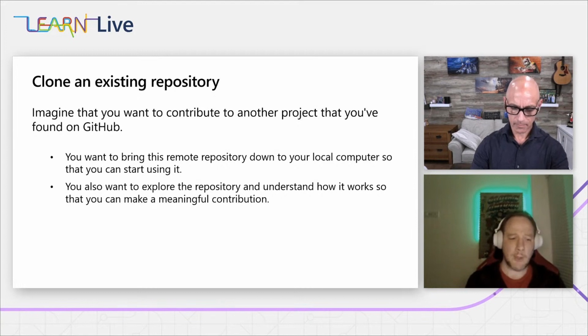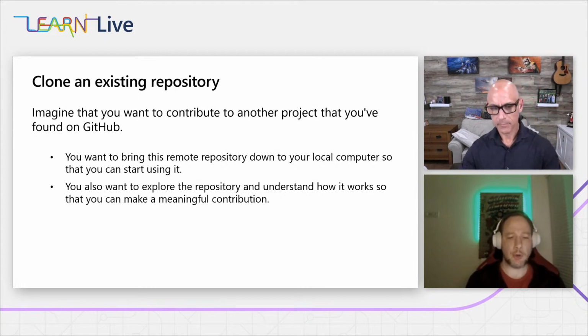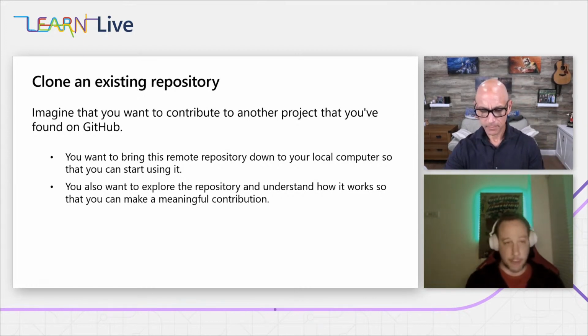So now imagine that you want to contribute to another project. Up till now in the demos, we talked about something that you, as an individual, create, like John's little project, and upload it. But maybe you're on the other side of the GitHub platform and you want to start contributing to it. One of the first actions you need to take is cloning it from that online GitHub repo. Again, it could be public or private. Like, we're not just sharing code with the rest of the world.